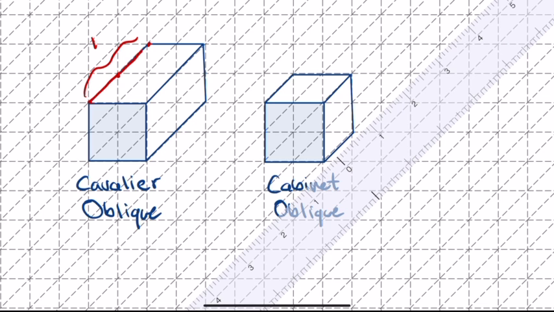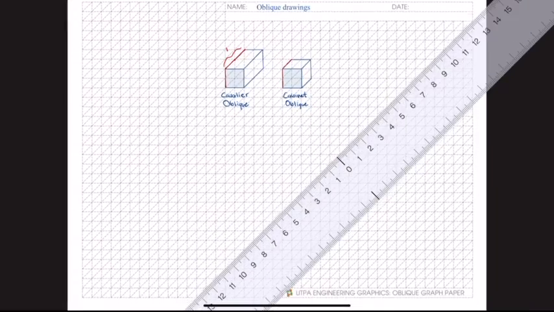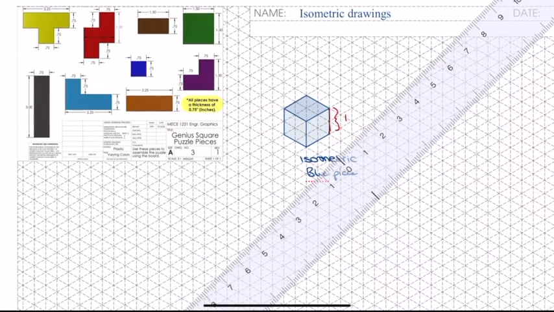This one here is 1, 2 in depth, 1, 2 in the length and height. And this one is just 1, 2, but just 1 in depth. So that's how you do the cavalier and the cabinet. So make sure you guys do that for all of the drawings, right? So the front face, these are the faces that you guys will be